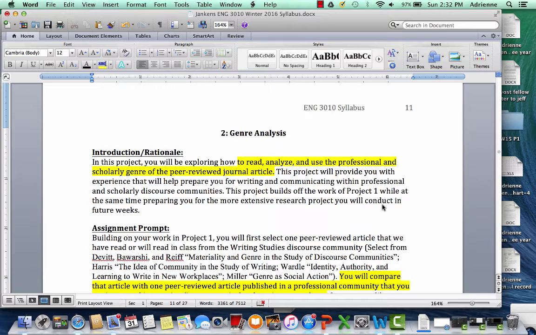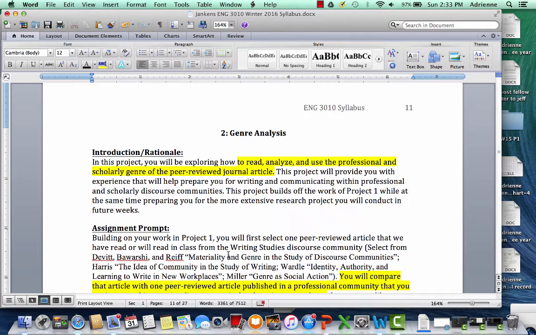You've already done a little bit of work in preparation for this by simply selecting one of the writing studies articles that I assigned you and one article from the discourse community that you're studying. Ideally, this article has something to do with one of the research questions that you're thinking about asking so that you can start to dig into that topic a little bit more. But the key thing is that it is a peer-reviewed article from the discourse community that you're studying. So you'll want to make sure that that is set and ready to go. And I'll be reading blogs as soon as possible this week to give you feedback on that.